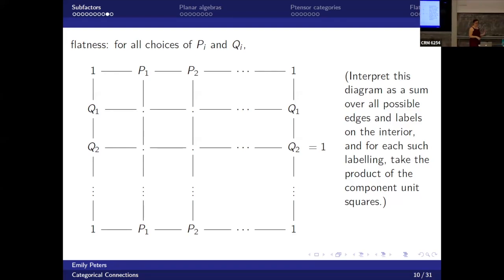I talked about the whack-a-mole nature of the calculations here. My suspicion is that we get around having to check the pentagon equation in any detail by zooming in on these particular things, but at a cost of having to think about things like this. So maybe just to clarify, the connection, we described it as combinatorial data associated with a subfactor,